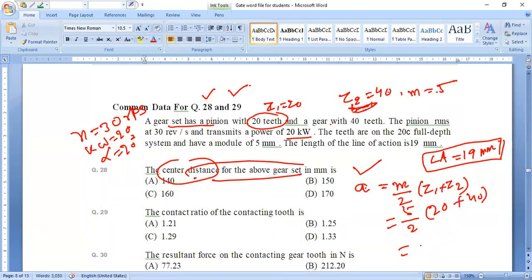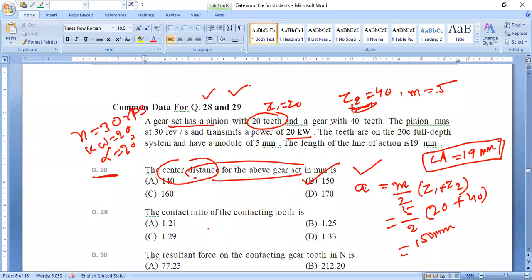Solve करिए जरा इसको। 5 by 2, 20 plus 40. Option B. 150. So it is 150 mm. So option B is correct. हाँ, ये तो बहुत सरल प्रश्न है। 28 तो बहुत इजी है, एक छोटा सा फॉर्मूला है।